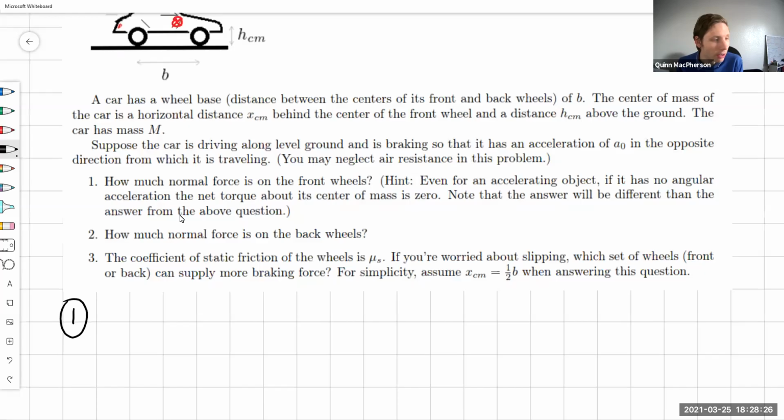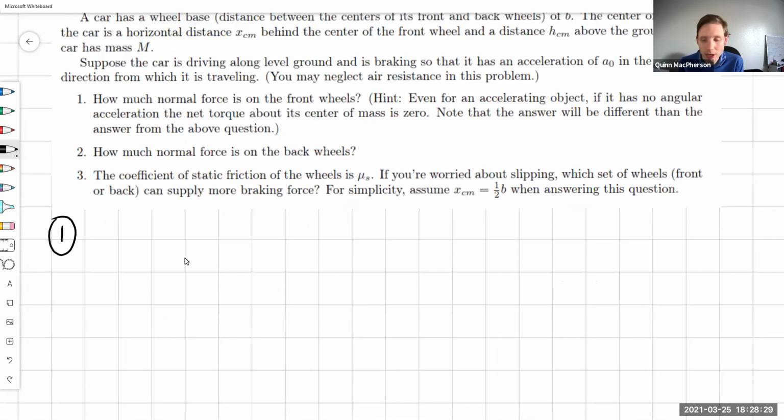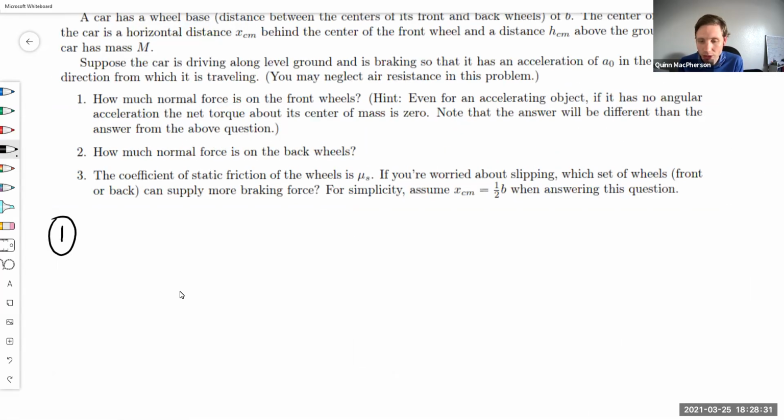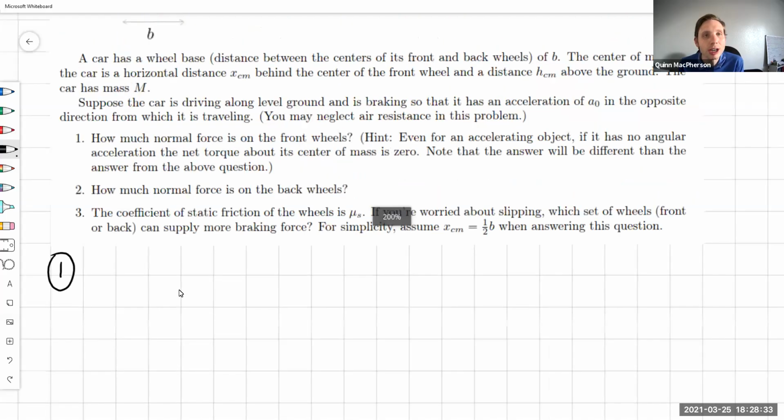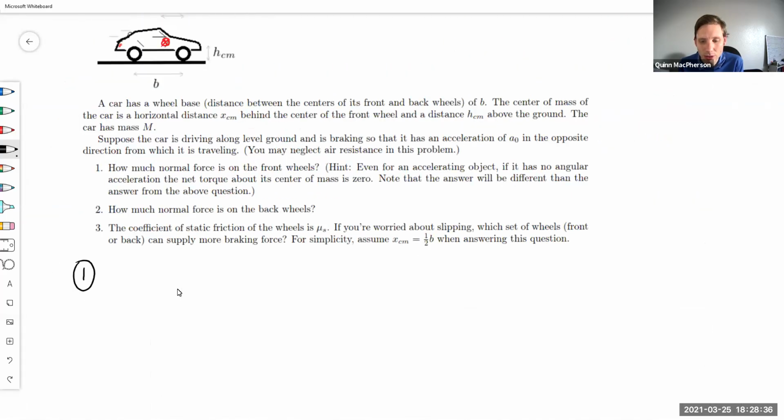Okay, so to do this, I'm going to need to do the sum of torques. You can do the sum of torques about any point. I'm going to do the sum of torques about the center of mass. In your solution, you could choose to do sum of torques about other points, but I'm going to do the sum of torques about the center of mass. Okay, so for the sum of torques about the center of mass,